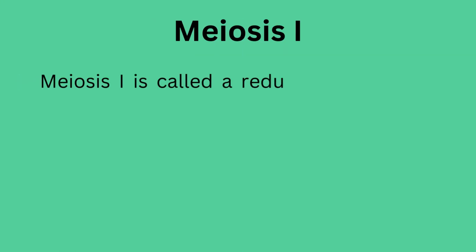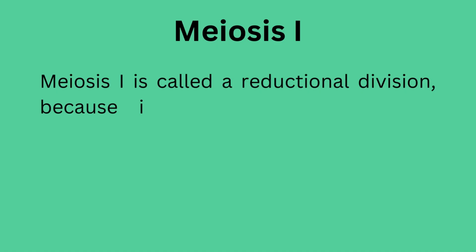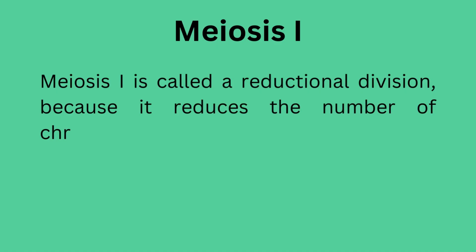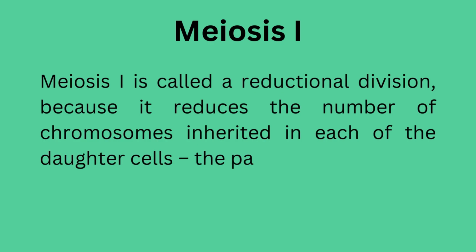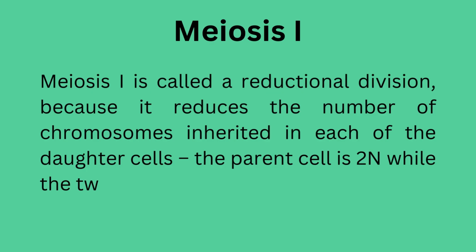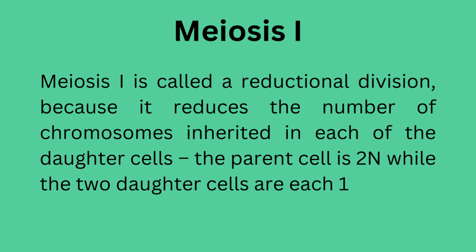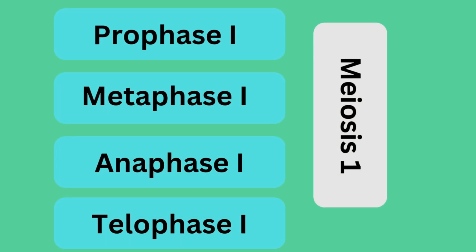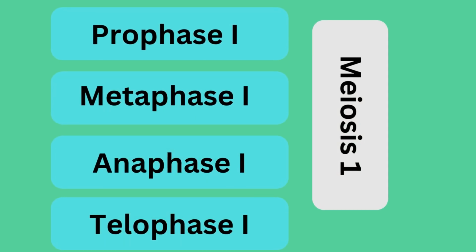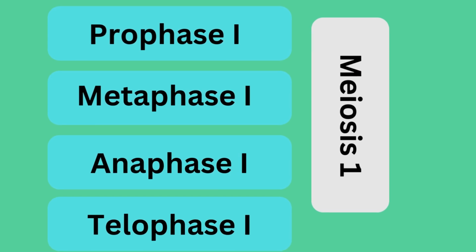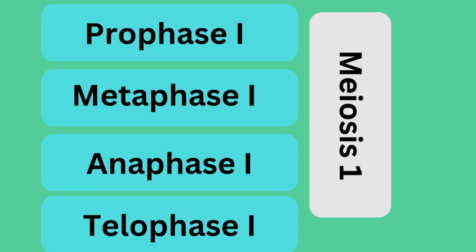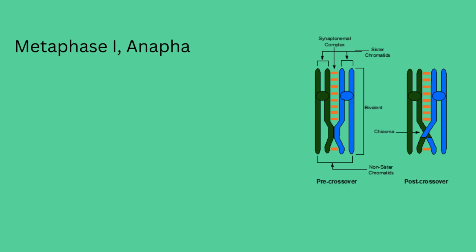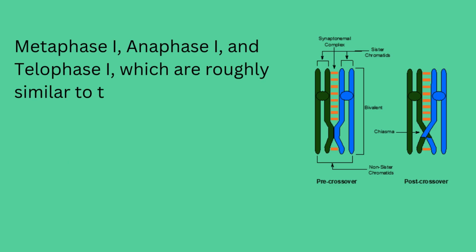Meiosis 1 is called a reductional division because it reduces the number of chromosomes inherited in each of the daughter cells, in which the parent cell is 2N, while the daughter cell will only have 1N. Meiosis 1 is further divided into prophase 1, metaphase 1, anaphase 1, and telophase 1. Metaphase 1, anaphase 1, and telophase 1 are roughly similar to the corresponding stages of mitosis,